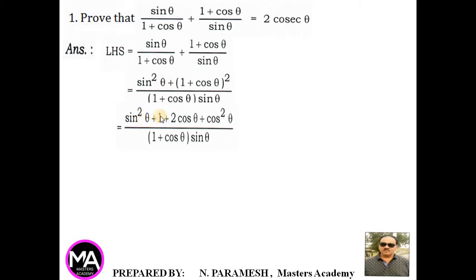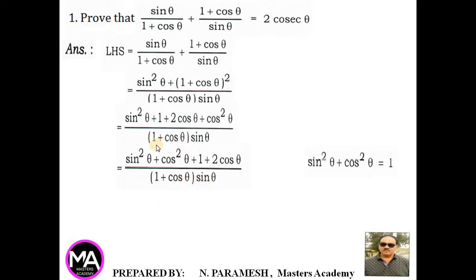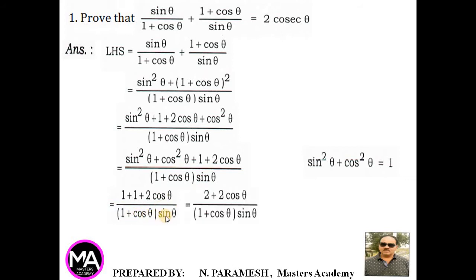theta as it is, plus (a plus b) whole square, a square plus 2ab plus b square, 1 square plus 2 into 1 into cos theta plus cos square theta, divided by 1 plus cos theta into sin theta, that is equal to sin square theta plus cos square theta plus 1 as it is plus 2 cos theta divided by 1 plus cos theta into sin theta. Sin square theta plus cos square theta is equal to 1. Substitute that value. 1 plus 1 plus 2 cos theta divided by 1 plus cos theta into sin theta,